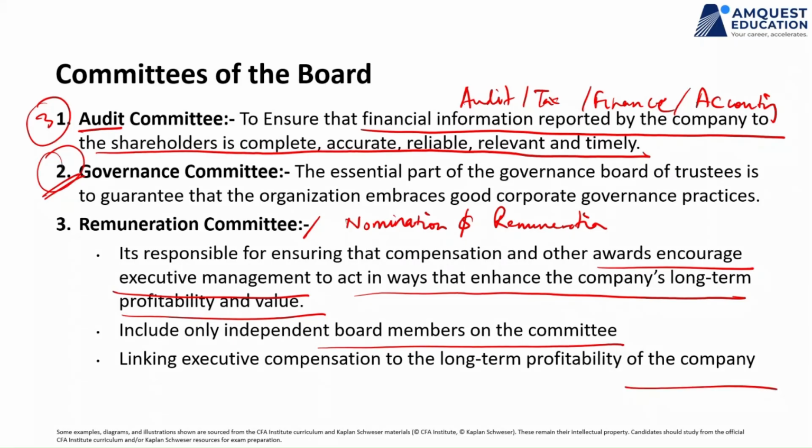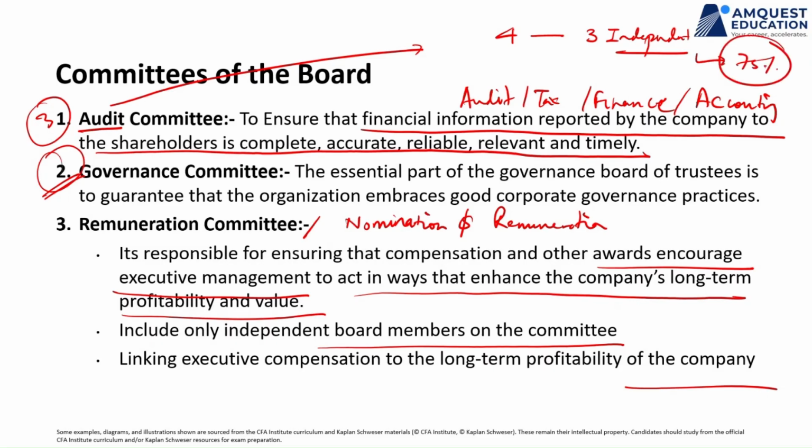A lot of companies nowadays also publish this data. Okay, if we have an audit committee, in an audit committee, there are 4 members. Out of 4 members, 3 are independent members. So generally now companies tell you this. Companies tell that, okay, 75% of my audit committee is independent, which means they have nothing to do with the business. They will take decisions independently.